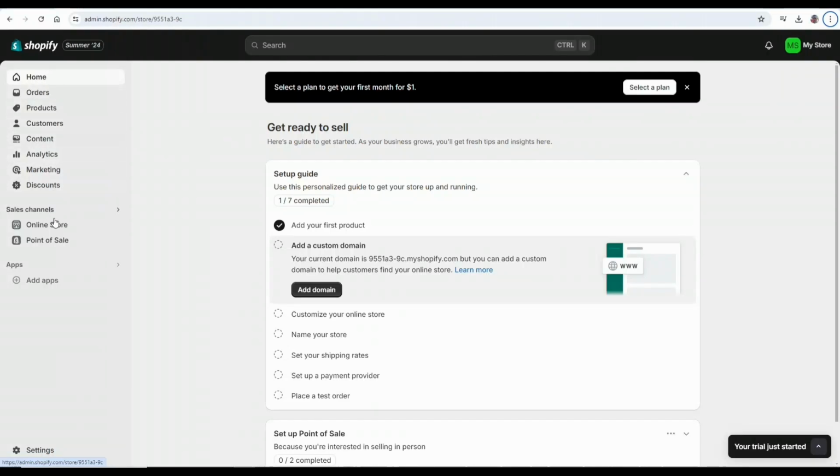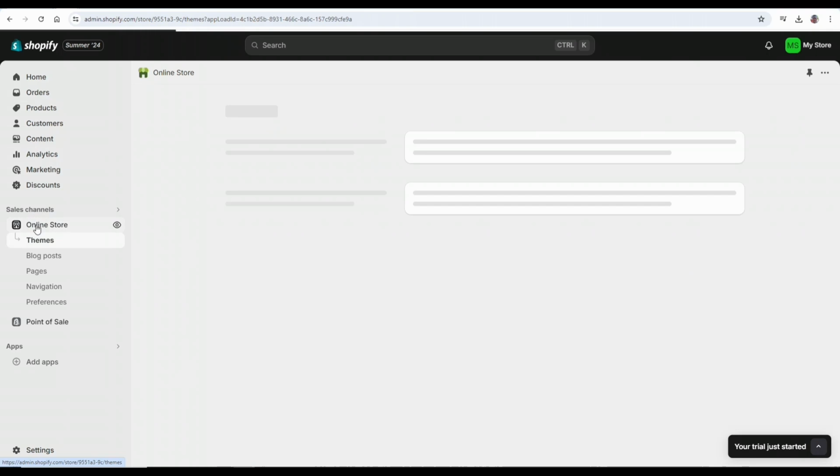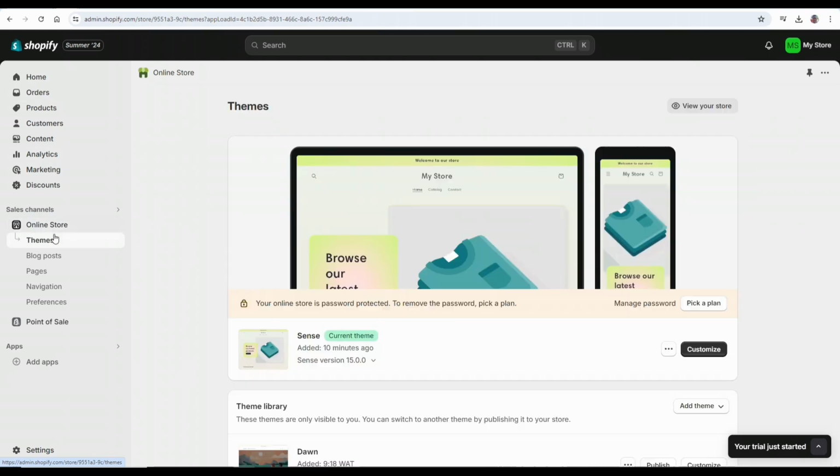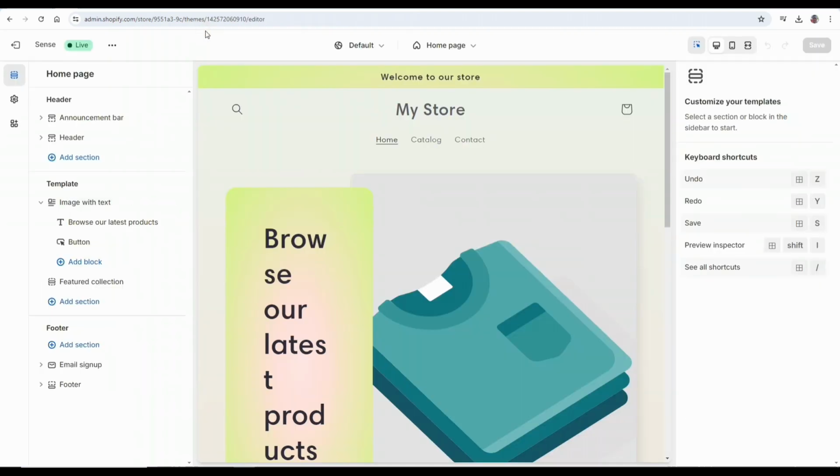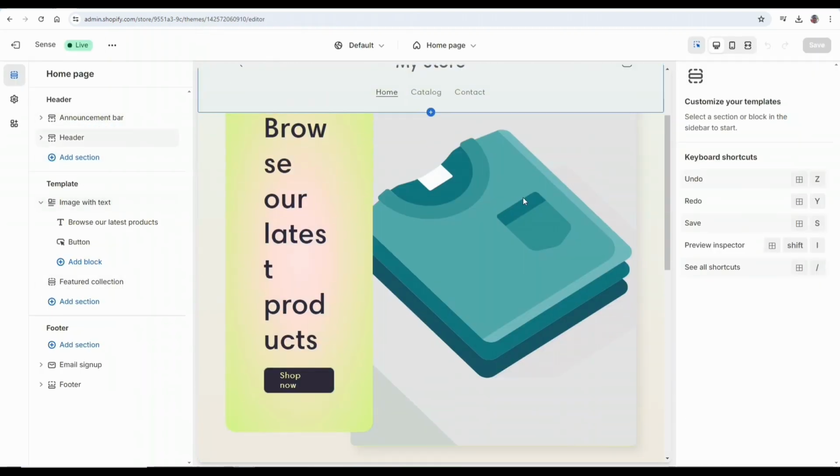Customizing this website is an exciting step. First, go down to the online store and click on Customize over here to the right. This will take us to the Shopify editor, which is really laid out in a very clear and logical way,